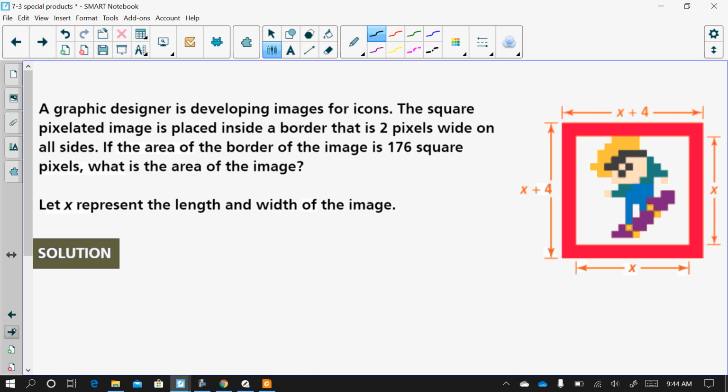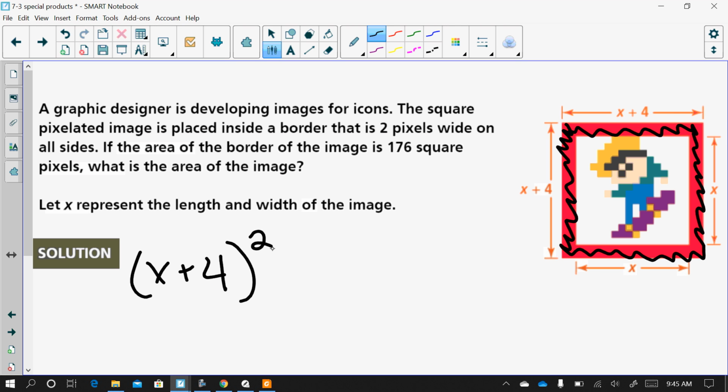Okay, so they told us this area right here equals 176. So we need to do the whole thing minus the picture equals 176. So how do I find the area of the whole thing? Well, that's x plus 4 times x plus 4, or x plus 4 squared. And I want to subtract the picture, which is just x squared,